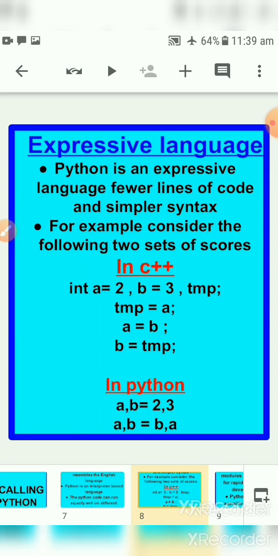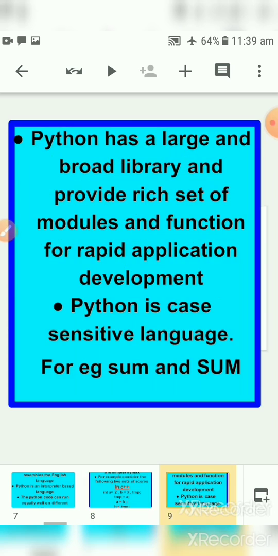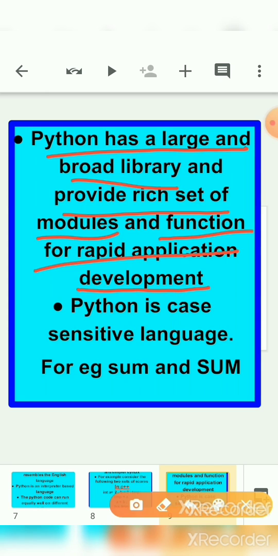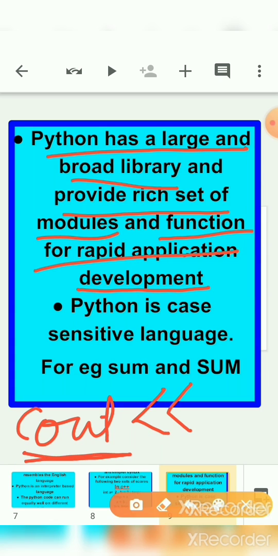Based on object-oriented programming. Now Python has a large broad library, providing a rich set of modules and functions for rapid application development. If we talk about C++, when we want to print anything, we use cout. For using cout also we have to include header files, because the C++ compiler does not know the meaning of cout.